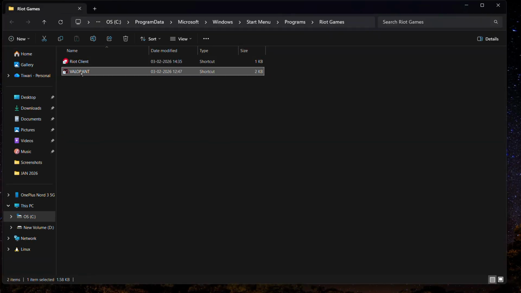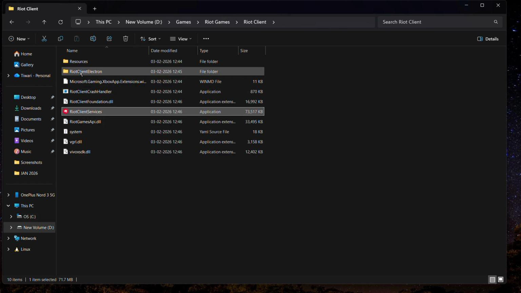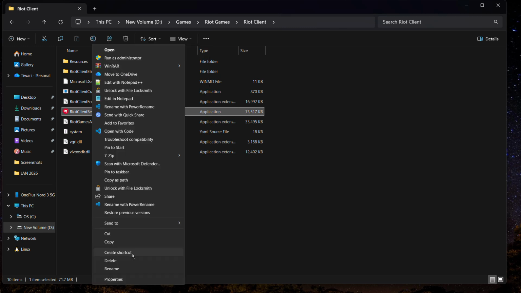Now, once you are successfully here, right click onto this Valorant shortcut and click on to this option again, that is open file location. Now you will be landed onto this particular option, and from here you can see the Riot Client Services. So right click onto the Riot Client Services and then click on to the Show More option